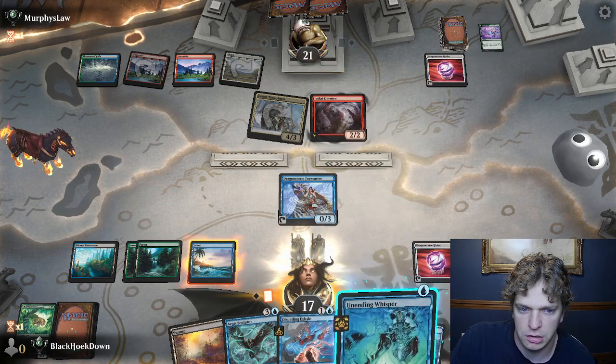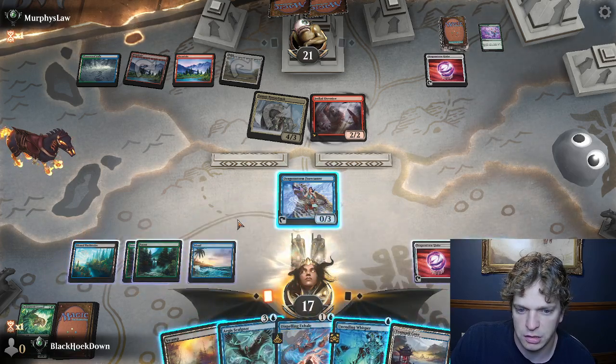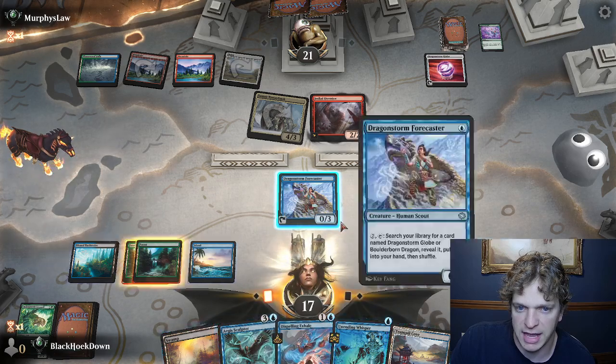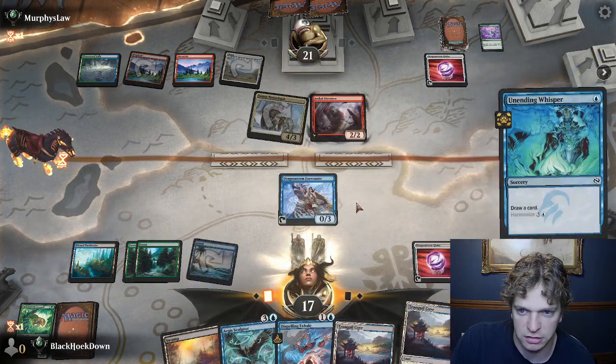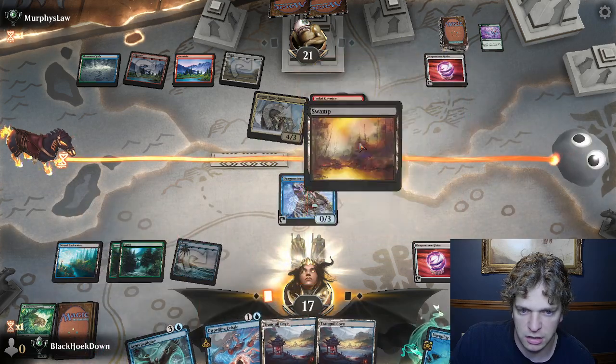And we could play the Aegis Sculptor and leave up Dispelling Exhale. But what I like is the ability to leave up Dispelling Exhale and go grab the Boulderborn Dragon. So we're going to hope that we don't draw the Boulderborn Dragon right here. Okay, we do not. And then we'll just...